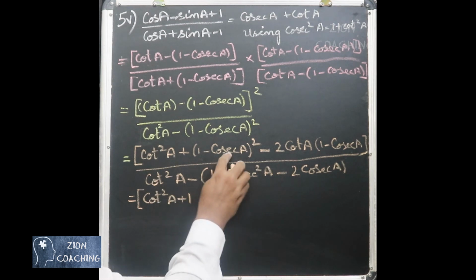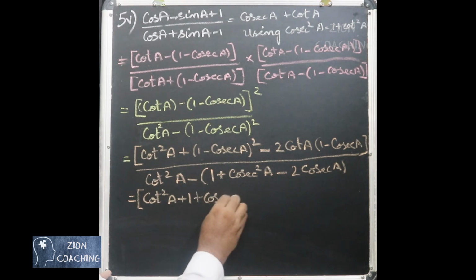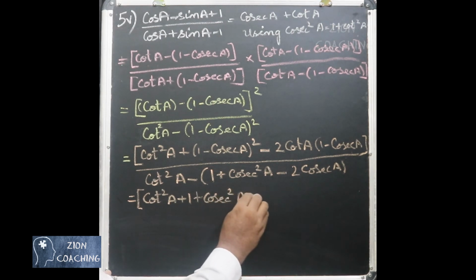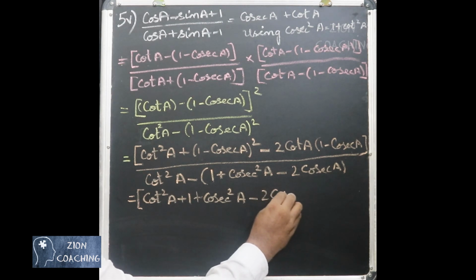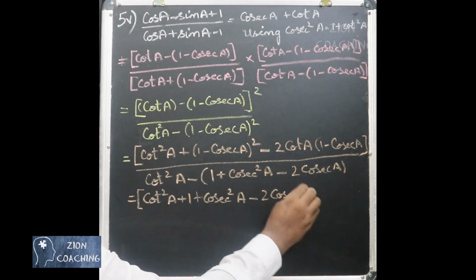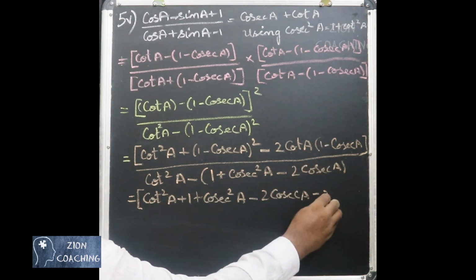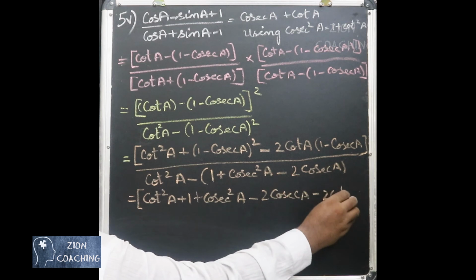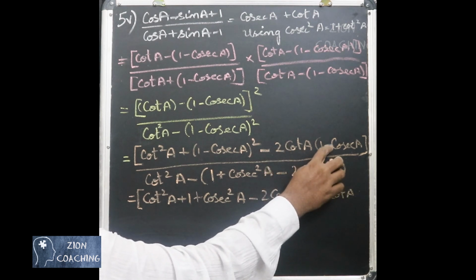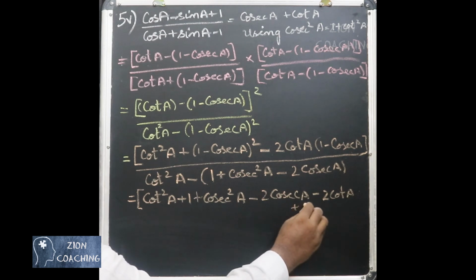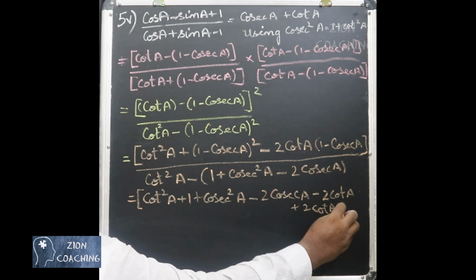B squared is cosecant A the whole square, that is cosecant squared A, minus 2 into A into B. So we will have 2 cosecant A. Then you multiply inside. 2 cot A into 1 is 2 cot A, minus 2 cot A into minus cosecant A is going to be plus 2 cot A cosecant A,